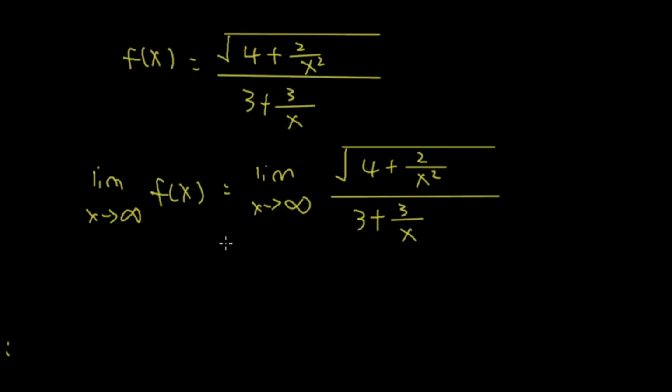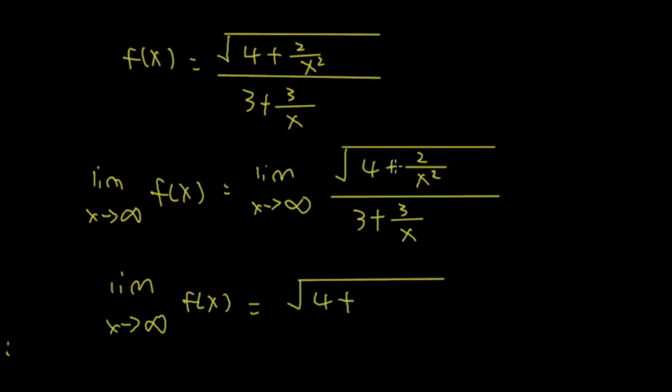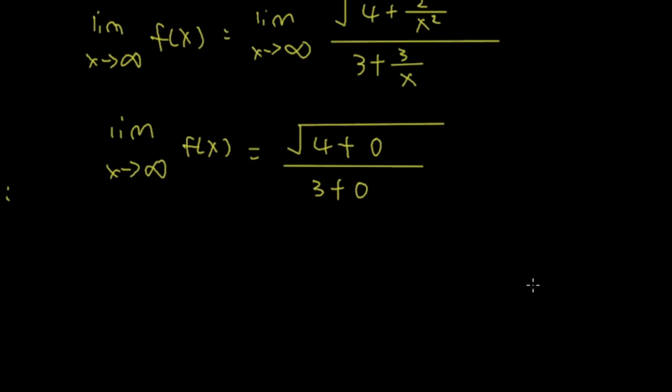Okay, let's evaluate this directly. Square root of, now 4 plus 2 over infinity squared is close to 0. Now 3 plus 3 over infinity is close to 0. So what I have here is the limit as x approaches infinity of f at x is equal to the square root of 4